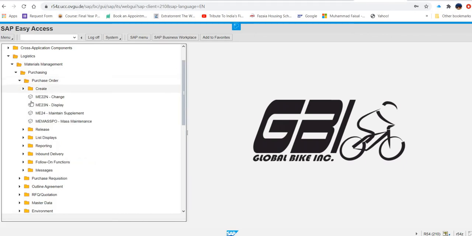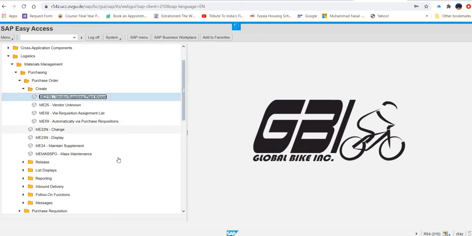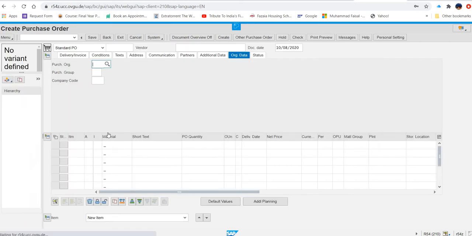Under purchase order, there is create, and under create there is vendor supplying plant not known. So here once we are inside, now they are saying you have to create from request for quotations.